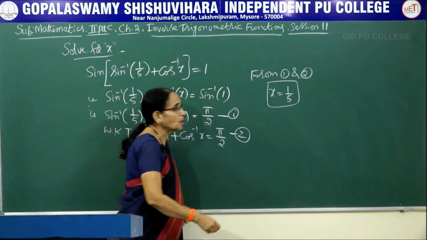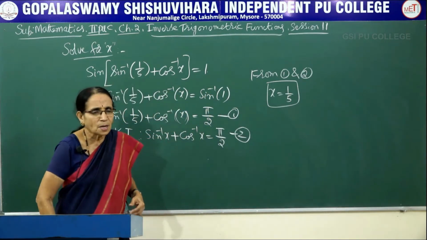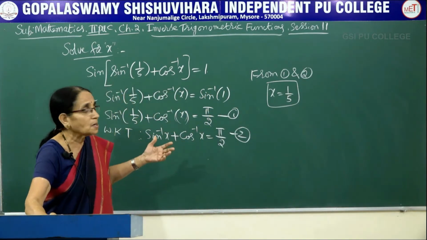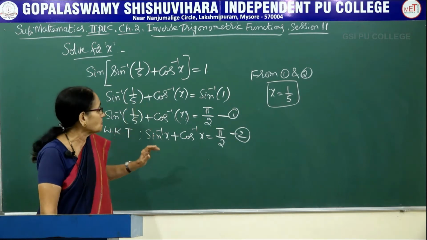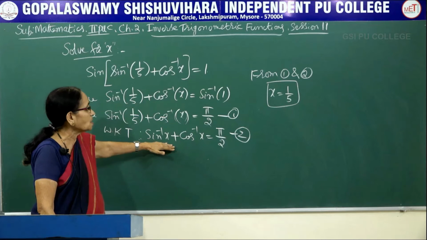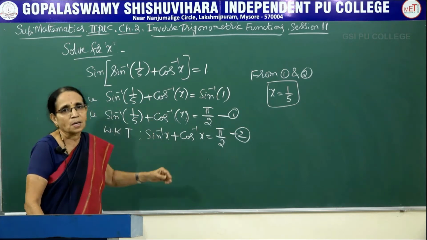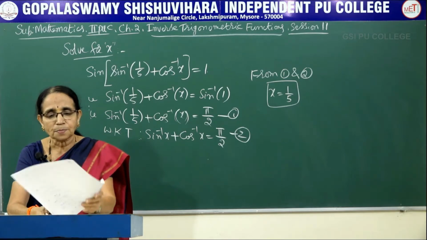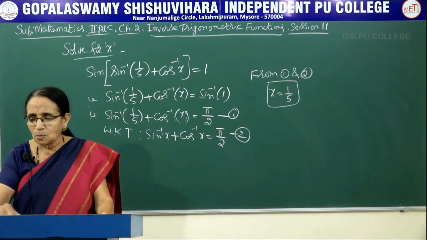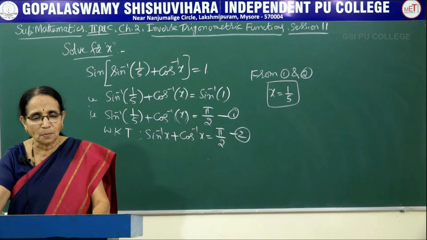Okay, so this is how we have to solve this problem, which was given in one of the earlier examinations and can be expected for a 2-mark question. Because we already had a standard result, comparing them we can get the value of the unknown quantity x here. Now let us move on to the second problem.